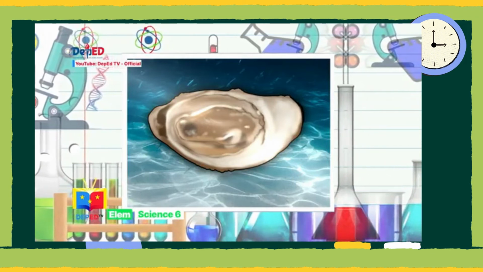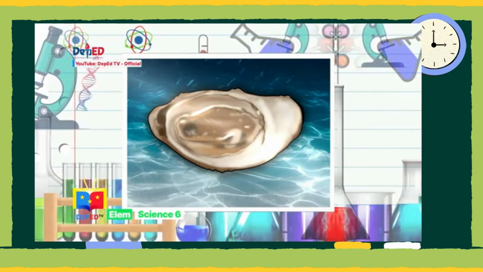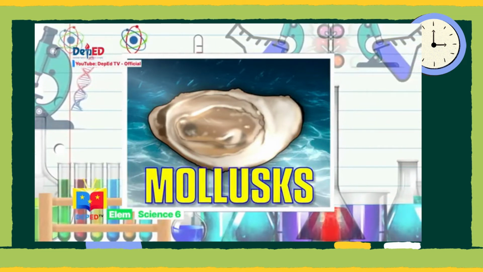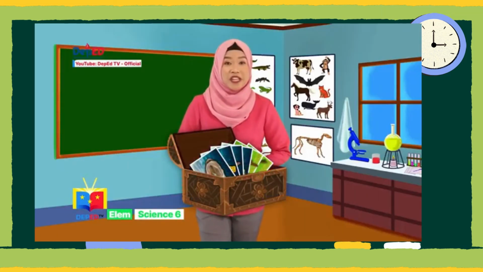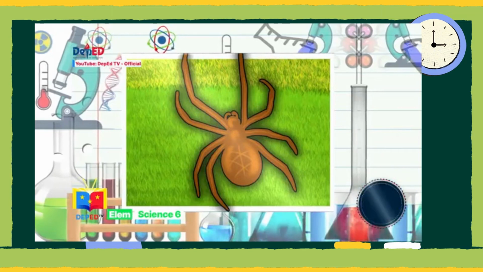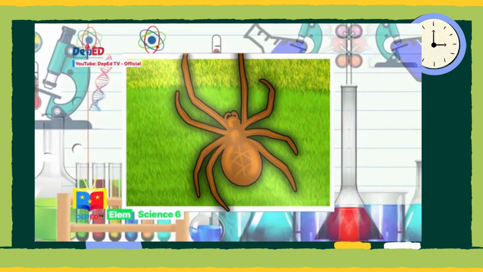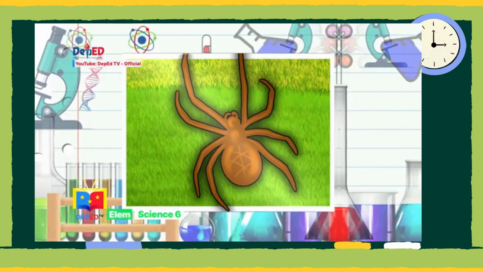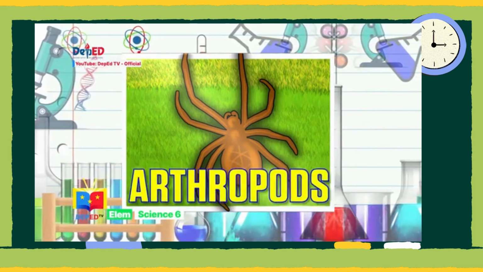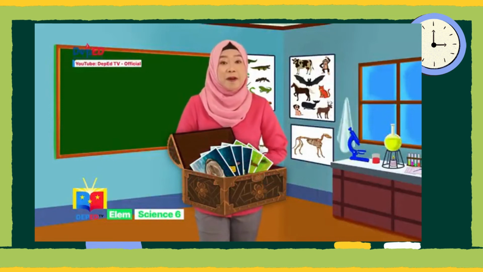That's right, science-minded learners. This is a picture of an oyster. The oyster belongs to the group of mollusks. I will now pick the second picture. The second picture is... Very good. This is a picture of a spider. The spider belongs to the group of arthropods under class Arachnida. Now, let's pick the third picture. The third picture is